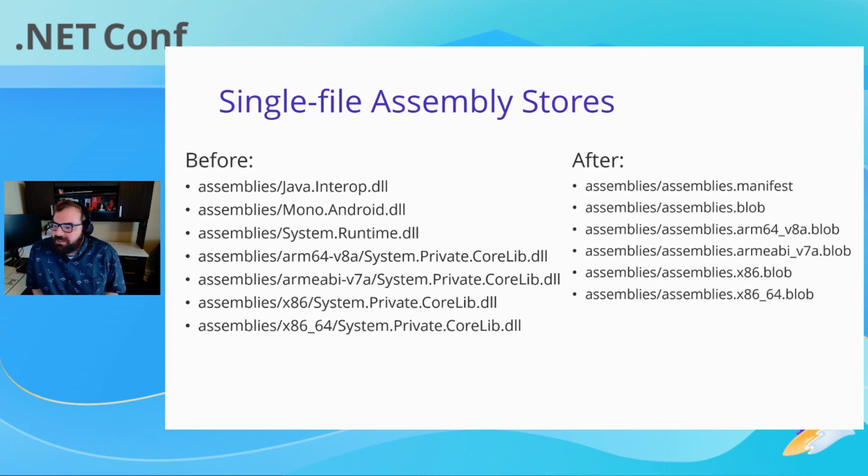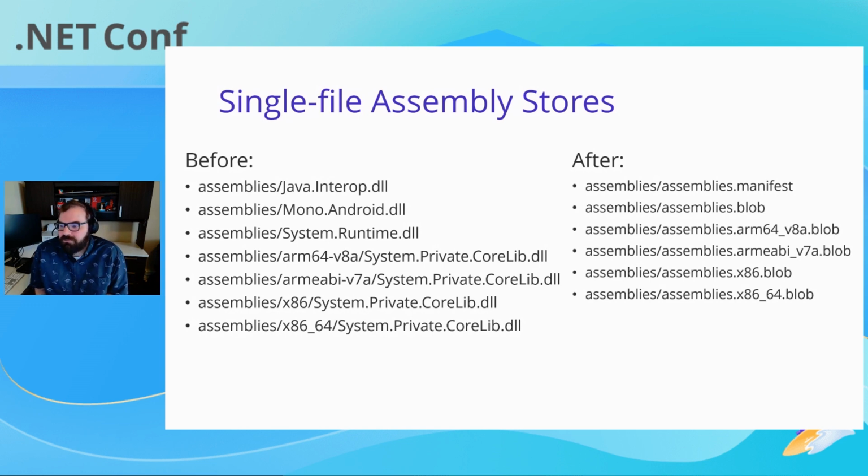So, single file assembly stores. This is a feature that we also got in Xamarin, so if you have the latest version of Xamarin, this feature's there too. Previously, all of your .NET assemblies were just files in your app. The interesting thing about Android is that when you install an app, it actually stays in the APK, compressed like a zip file on the phone. So you can't just open files directly out of your app. You may have noticed that you can't use build action content and do a file open; that doesn't work.